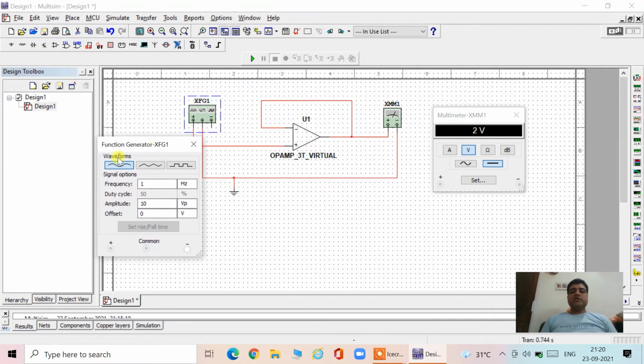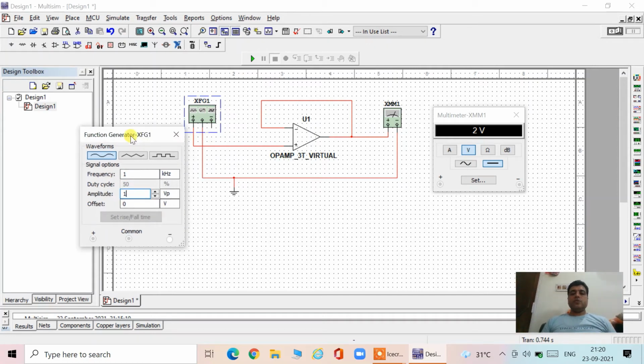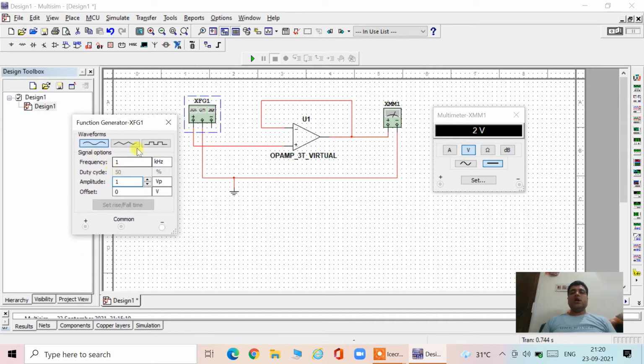My function generator has a sine wave, triangular wave and a square wave. Frequency I am changing to 1 kilohertz. Duty cycle is 50%. Amplitude of the signal I want 1 volt. So this is the signal I am adjusting on the function generator and giving to this op amp.